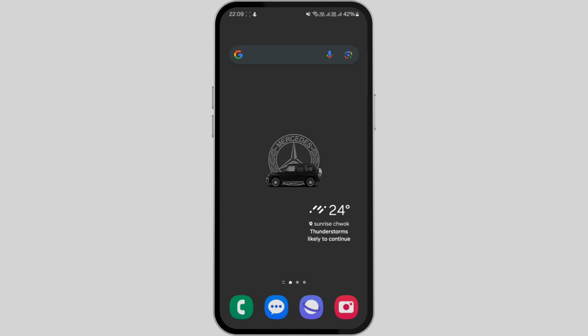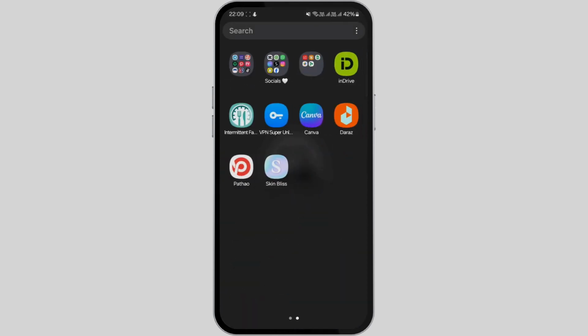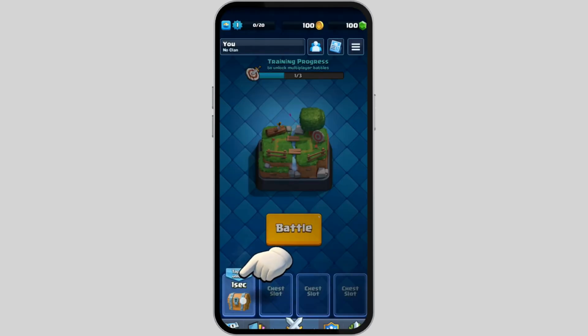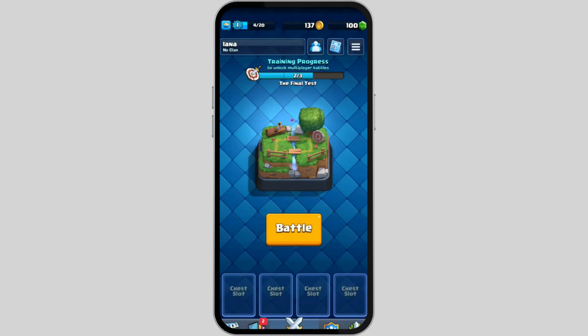In this video presentation, we'll be teaching you on recovering your Clash Royale account. So the first step is to launch the Clash Royale app. Within the app, your initial task is to create a new account, which will pave the way for retrieving your previous account. Now locate and tap on the icon with the three horizontal lines commonly found in the top right